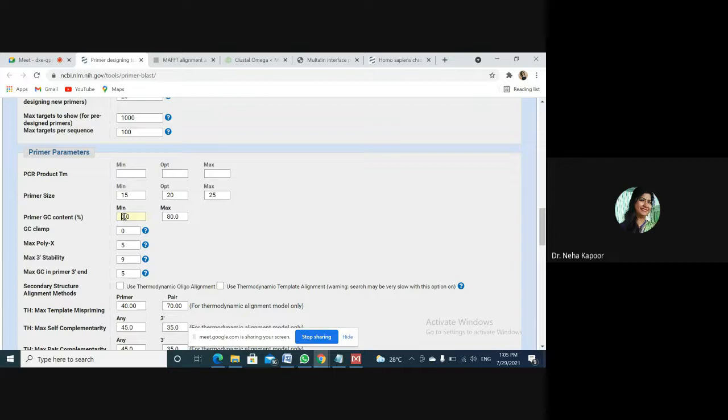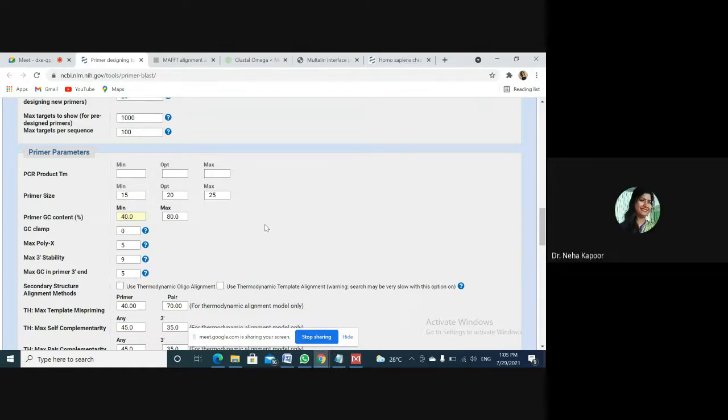Okay, ma'am. If they are not annealing strongly, if the binding is not strong between template and primer, it may dislodge from the assembly, no? So the amplification won't be proceeding. So as to ensure that, we normally take 40 to 60% GC content. That is why I changed that value also. Okay, ma'am. Now it's from 40 to 80%. 40 to 80, it's good.